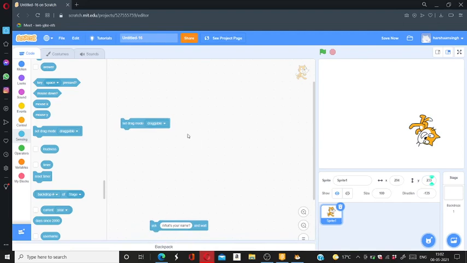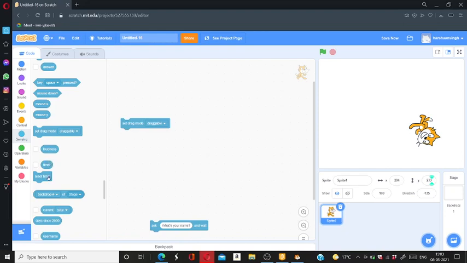So the next one is the loudness. As I have explained, it shows the loudness of the area. And after that, what is the timer? When you want to start a timer, this block shows how much time has passed in the timer.